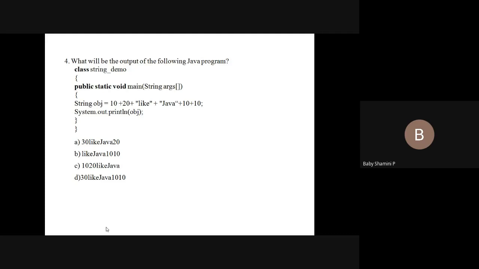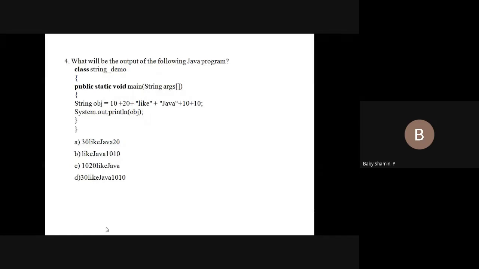What will the compiler do? First it performs addition on the two operands, 10 plus 20, which equals 30. Again we have a string literal, so 30 plus the string is "30 Like". Again this is one string literal, and we perform the operation again, so we have "30 Like Java".